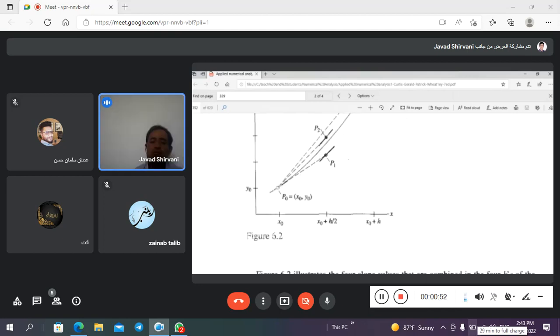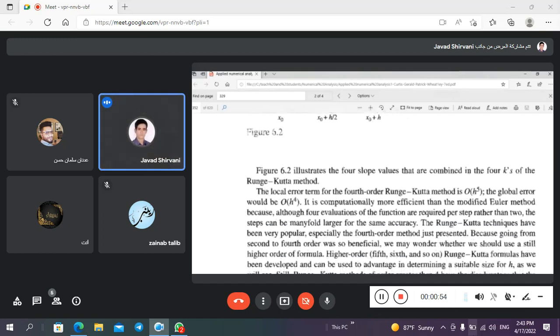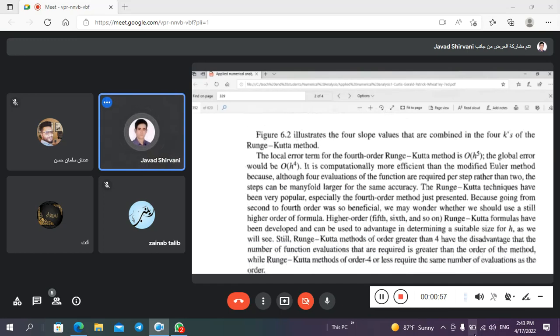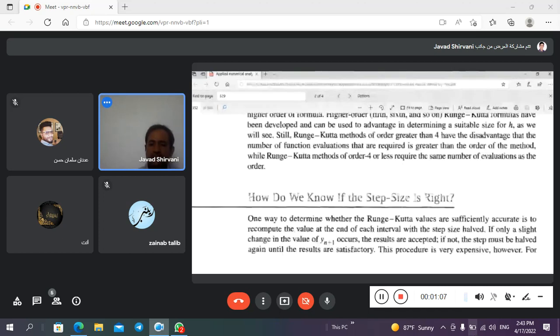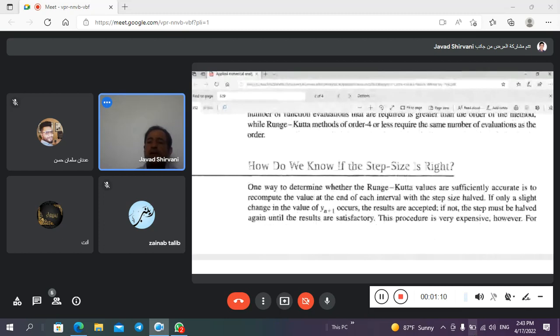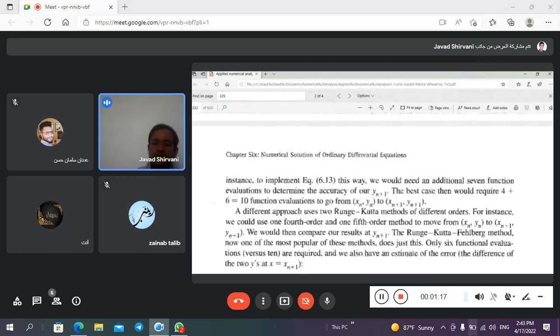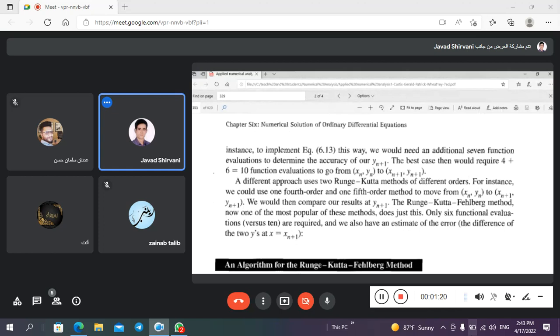we are going to study another Runge-Kutta method, for example, the fifth order. So, in general, we have a variety of approaches to solve the Runge-Kutta method. Another one is the fifth order Runge-Kutta method, or Runge-Kutta-Fehlberg method,